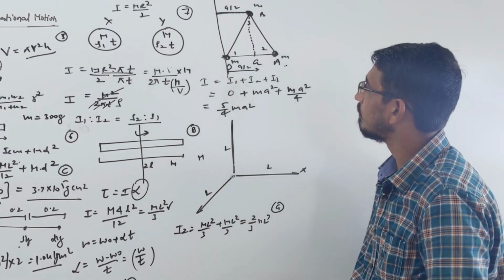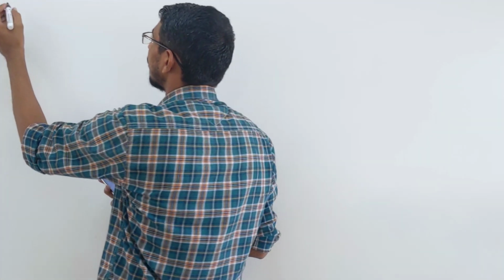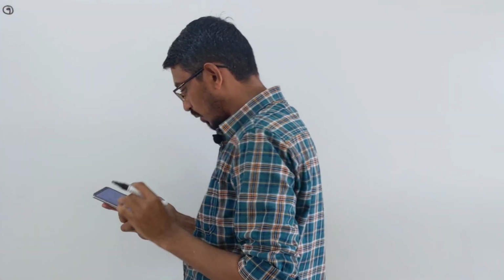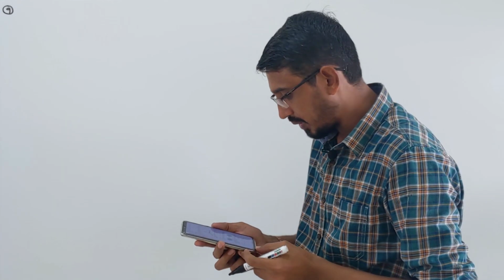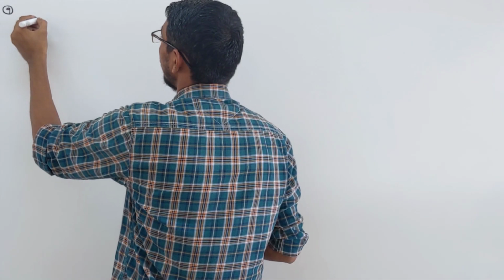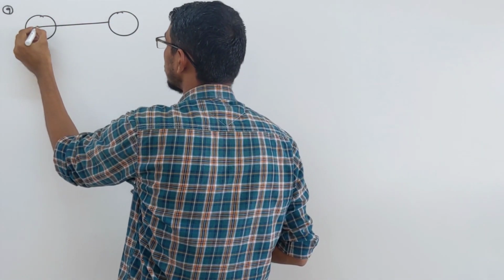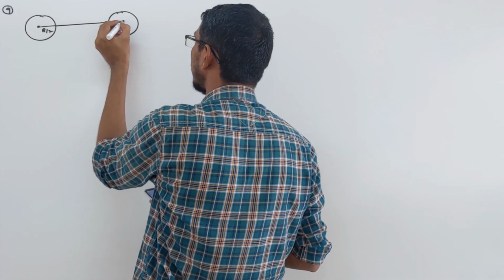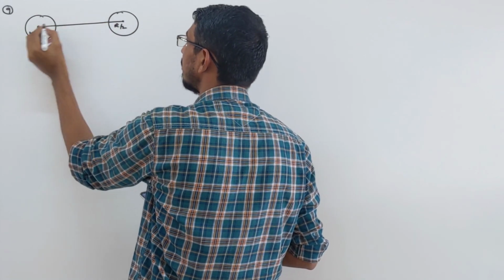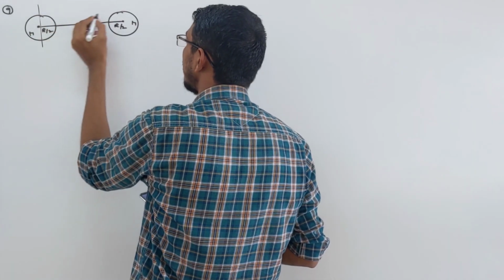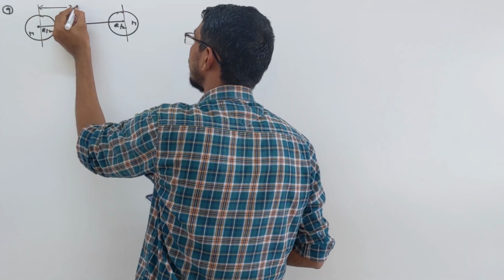0. Question number 9 we are talking about, and it says that two solid spheres of each mass m and radius r by 2 are connected with a massless rod of length 2r as shown in the figure. The moment of inertia of the system about an axis passing through the center of one sphere and perpendicular to the rod is what? A simple problem. Two spheres are connected by a thin rod, but pay attention that the radius of the sphere is given as r by 2, not r. Both spheres have radius r by 2 and mass of each is m. Distance from center to center is 2r.